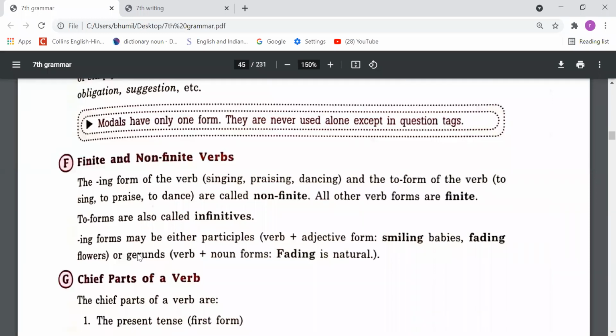I will try to make you understand with some examples. Suppose I say, I want to drink water. So we know that I is the subject, and want is a verb, and drink also is a verb. So if I say that he wants to drink water, he wants to drink water.